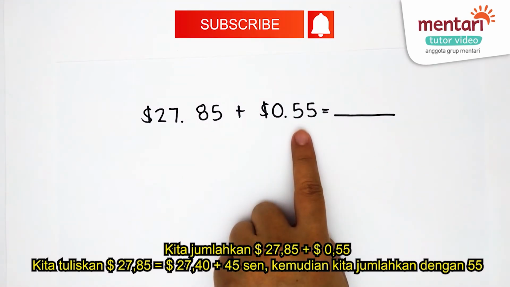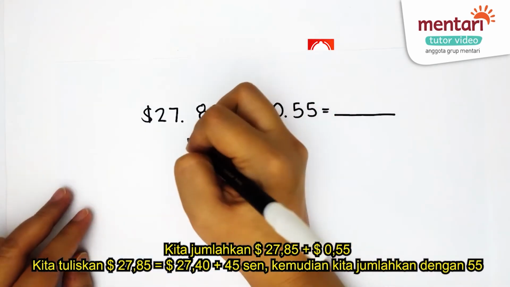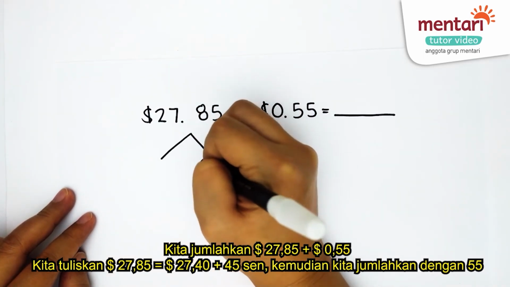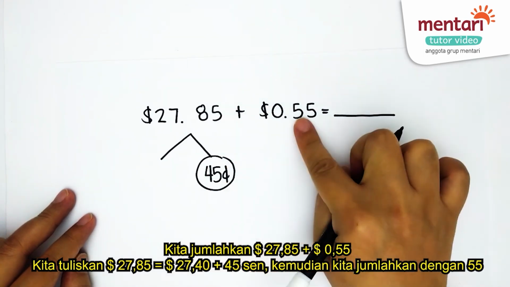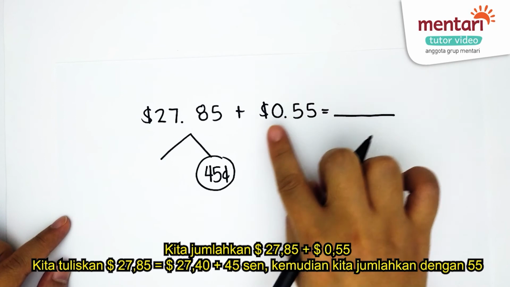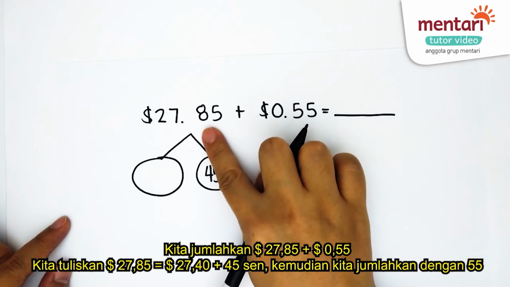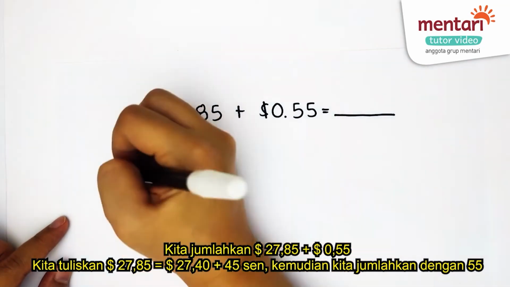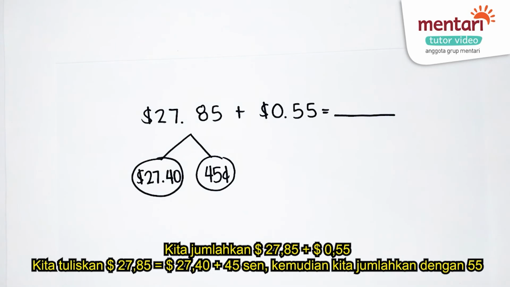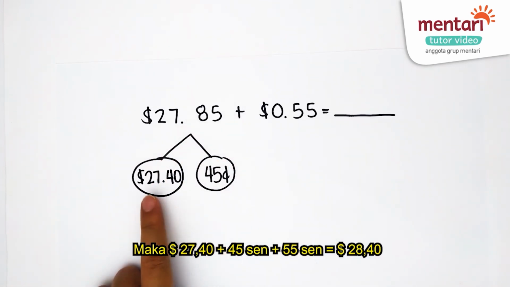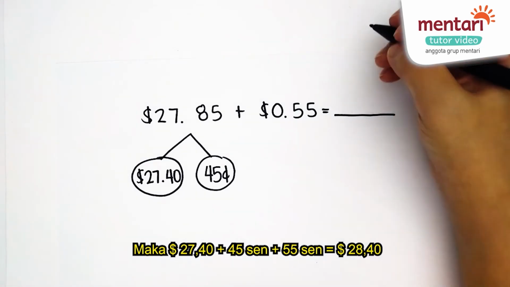Let us make whole dollars, then add. How many more cents do we need to make $1? We know that we need 45 cents to be able to make $1. Therefore, we'll take from here 45 cents. Keep in mind that we already got $1. So what is the number that when you add to 45 cents will give you $27.85? We will get $27.40. Therefore, to be able to get the answer, we need to add $1 to $27.40, and we will get